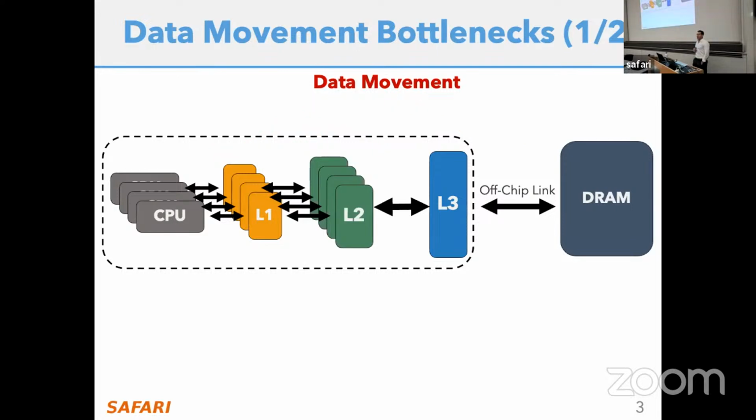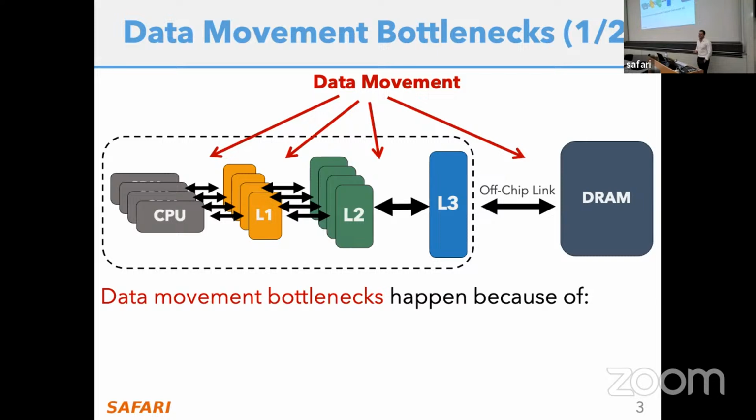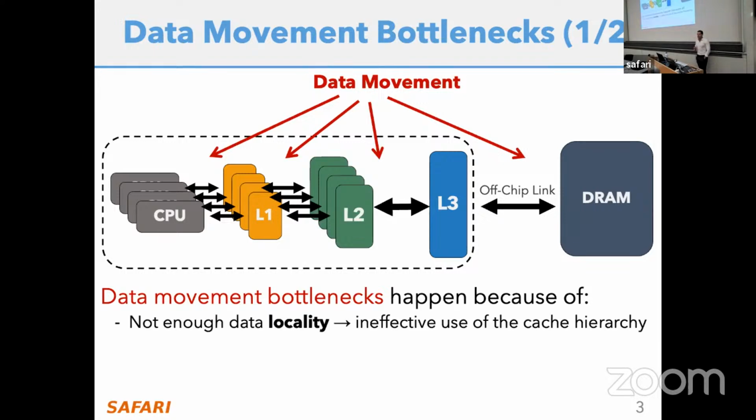So just a recap on what we are going to talk about here. The problem that we're trying to solve is that data movement is a bottleneck in today's systems. And I'm going to try to be quite fast here, but data movement is a bottleneck in systems for a myriad of reasons. For example, your application might not have enough data locality to make use of deep cache hierarchies or scratchpad memories on your CPU or accelerator.